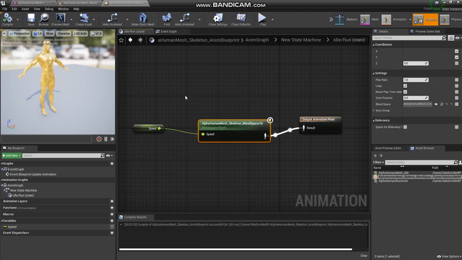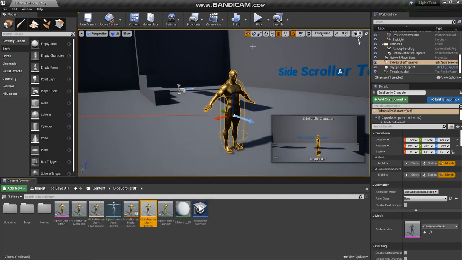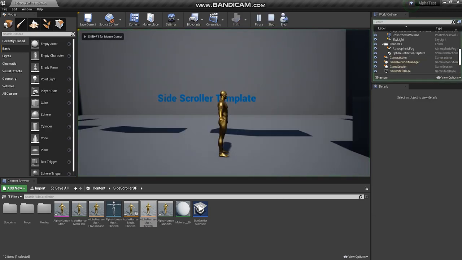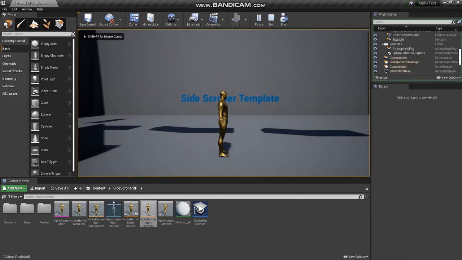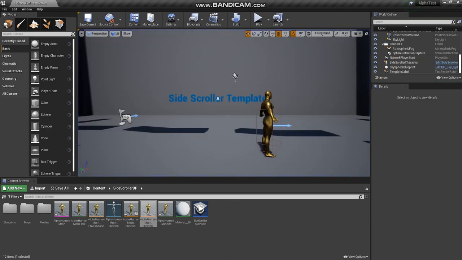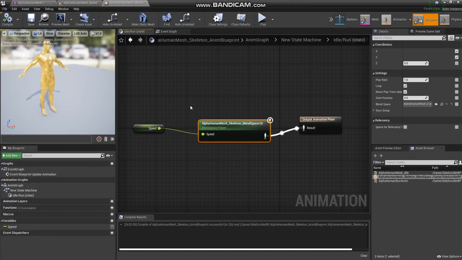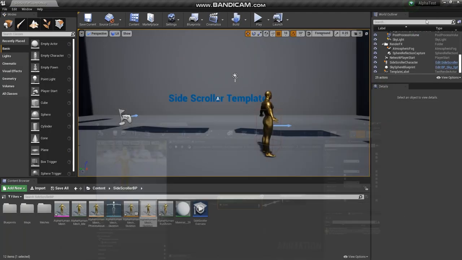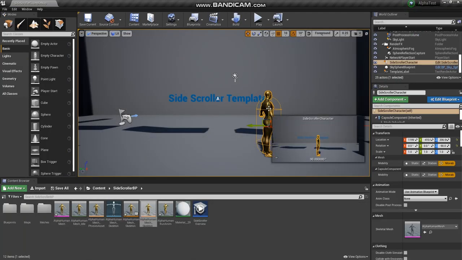So now we've got this hooked up, and now we should be able to hit play, and as we move, it's not going to do it. And the reason is because we got everything hooked up. Now we got to tell it to communicate. So we got to go to the blueprint. So this blueprint right here,